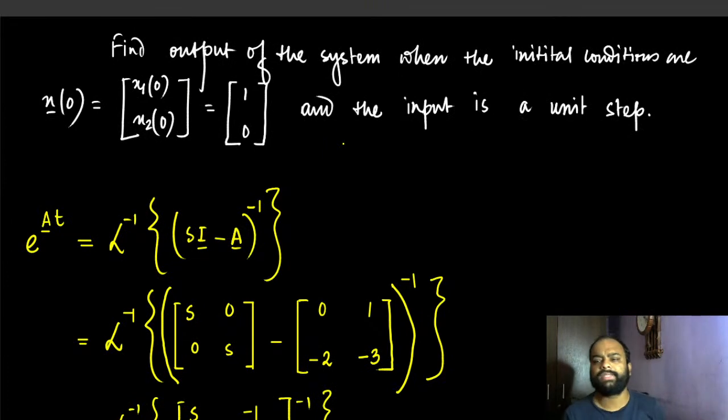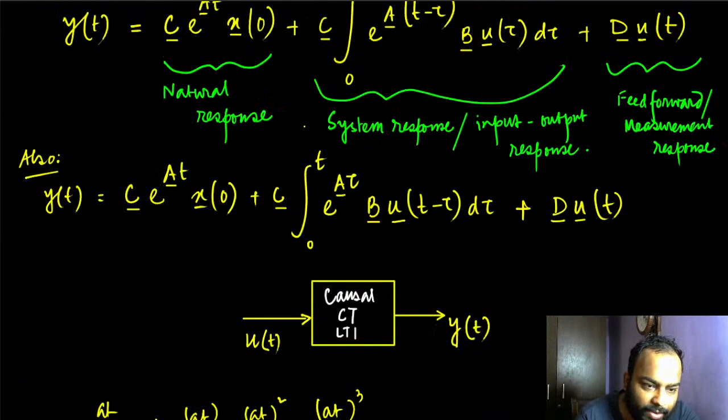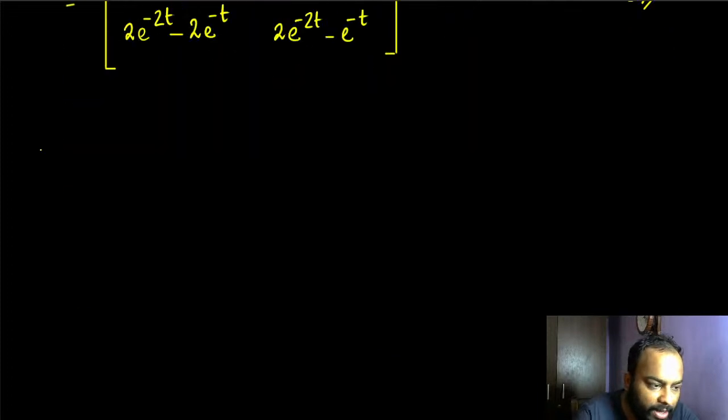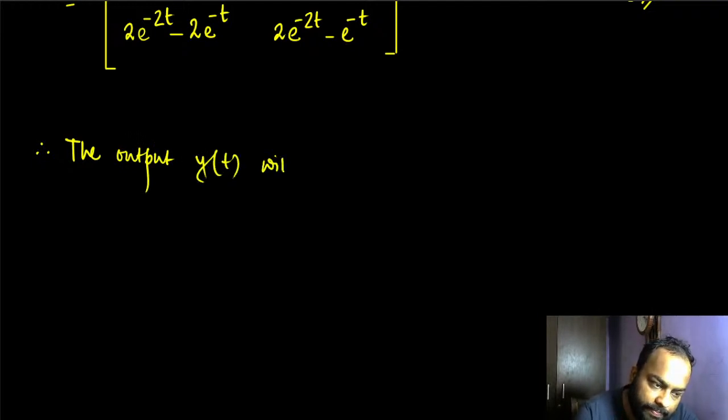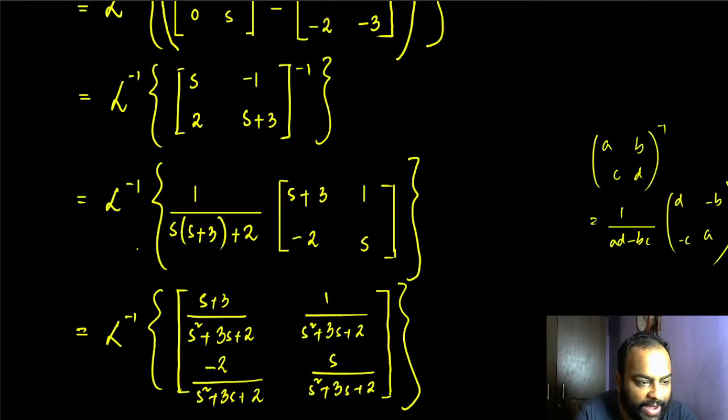Now once we are familiar with these things, this is not a very difficult, challenging task. Once you are done with that, let's get back to the solution. This is the type of solution we are going to use right now. Remember that D is 0 in this particular example, so don't worry about that. We have to worry about these. So let me just write down. Therefore, the output y(t) is equal to C times those factors, right? C times,